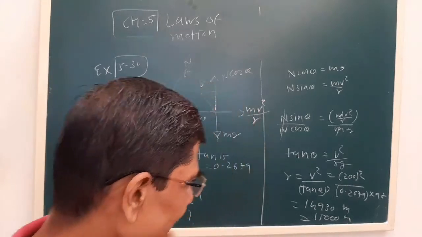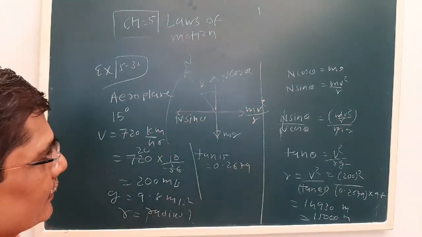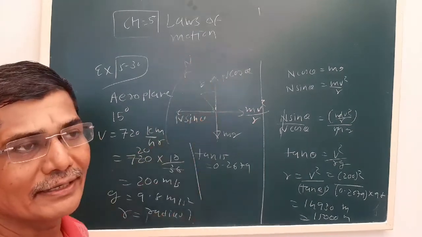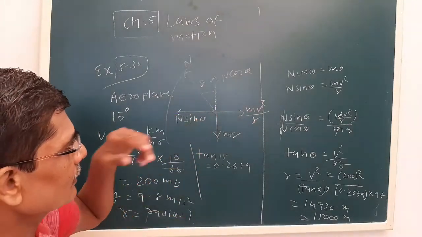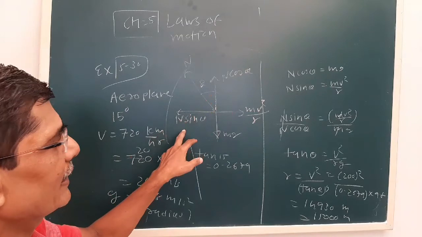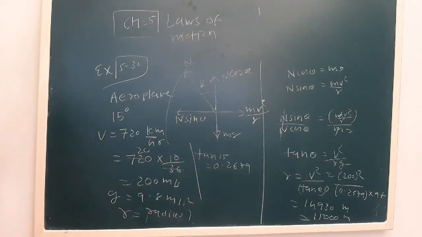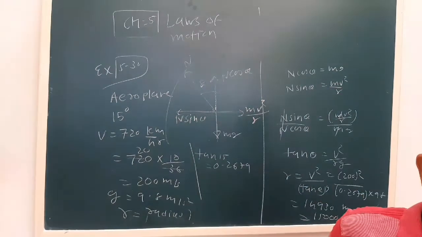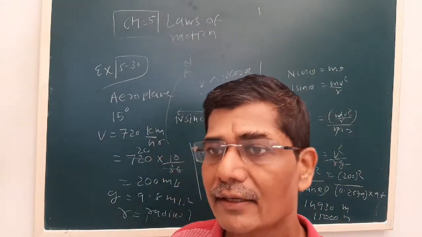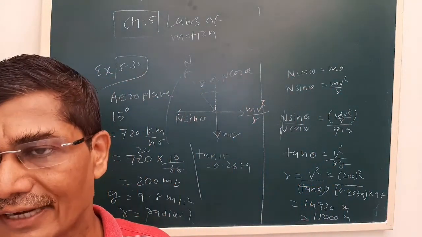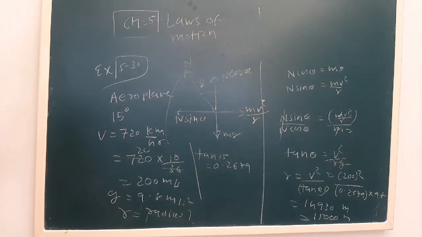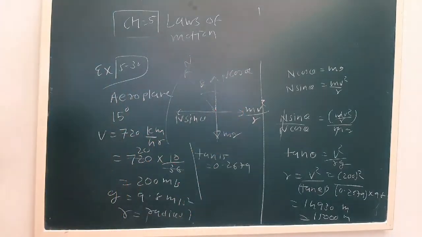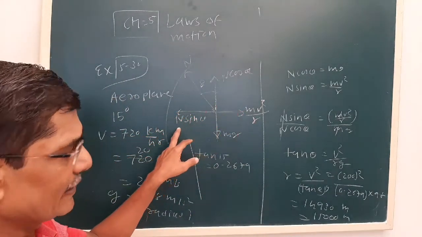So here, let us say the vehicle is bent at an angle of theta. What are the components here? N cos theta and N sin theta. That is by the definition of the component of a vector: the component of a vector in any direction is given by the product of the magnitude of the vector and the cosine of the angle. So here N is the vector and theta is the angle, so this becomes N cos theta, and naturally the other will be N sin theta.